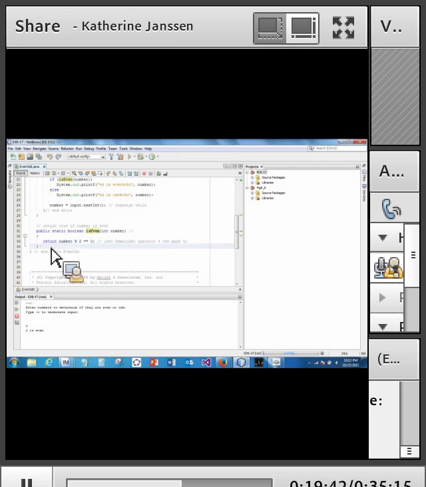So number mod 2 returns 0, and 0 is equal to 0, so that's true. So we return true to the calling statement, if isEven number. If true, we process the true portion, System.out.printf. We're going to print an integer value. My number was 2. 2 is even, and a couple of new lines. So we input 2, and 2 is even is my output. There's a couple of output lines,